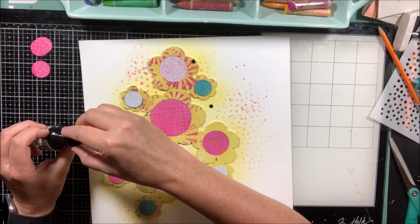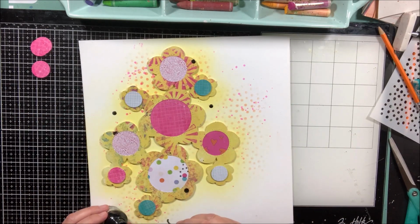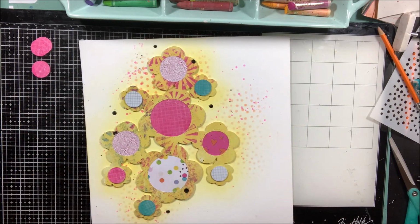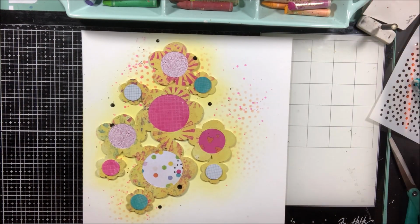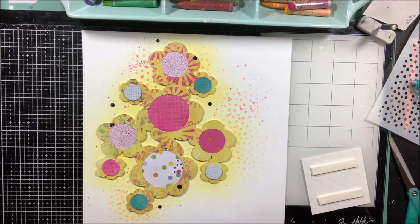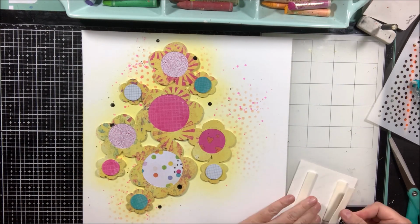I really love that polka dot stencil. I will use that one a lot. I'm going to add a few black drops of ink just to calm down all that yellow and pink that is going on. And then I'm going to go ahead and grab my photo and get that placed where I want it on the page, and then just add